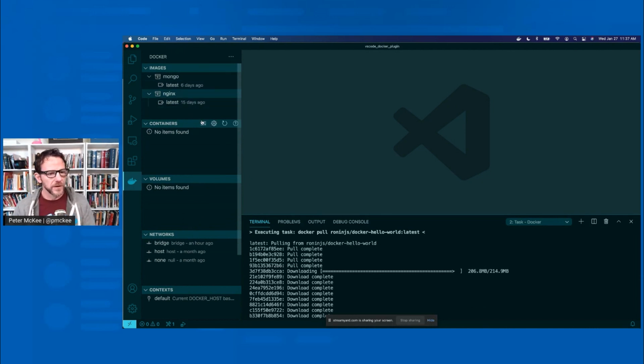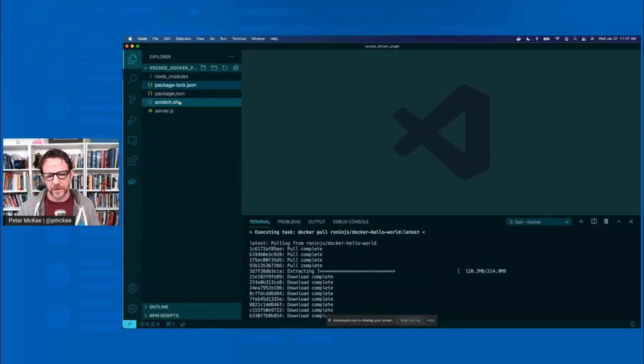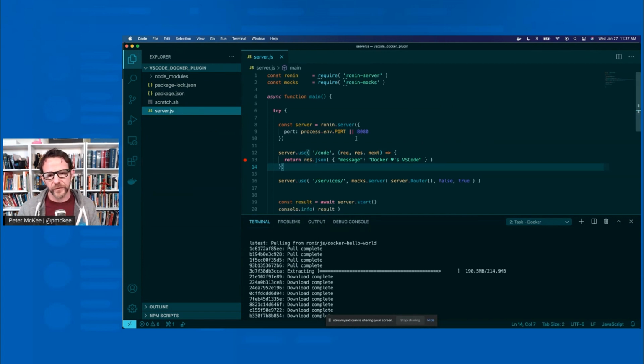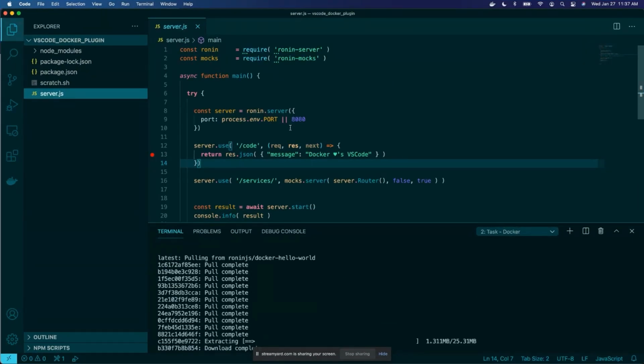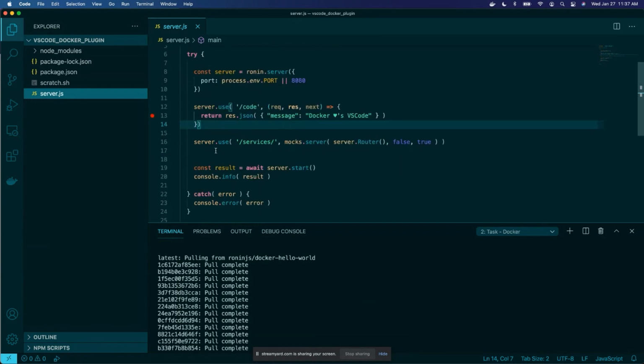Okay, so that's a whirlwind tour of the plugin right now. Let's take a look at a sample application. I have a really simple Node.js application. I'm using a little framework that I wrote that I just use for demos. It simplifies the code a little bit. We basically have two REST endpoints here, and we're going to be using this one mostly. Don't worry too much about the code. It's just sample code.